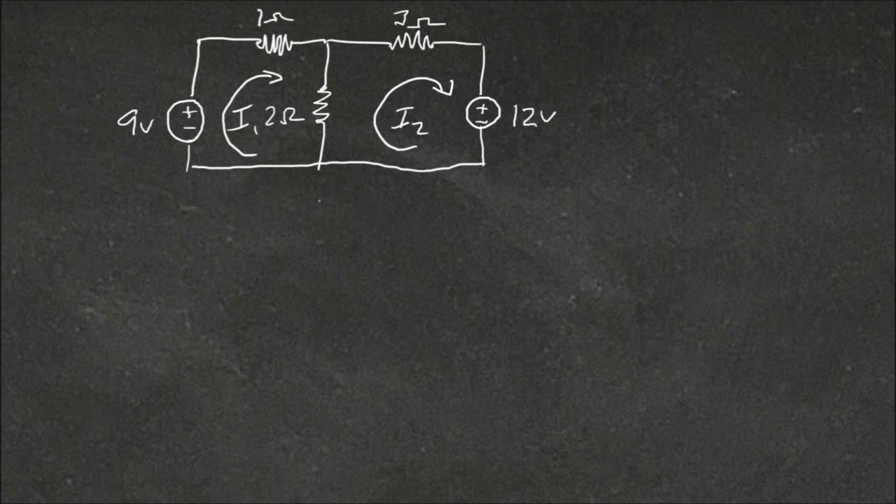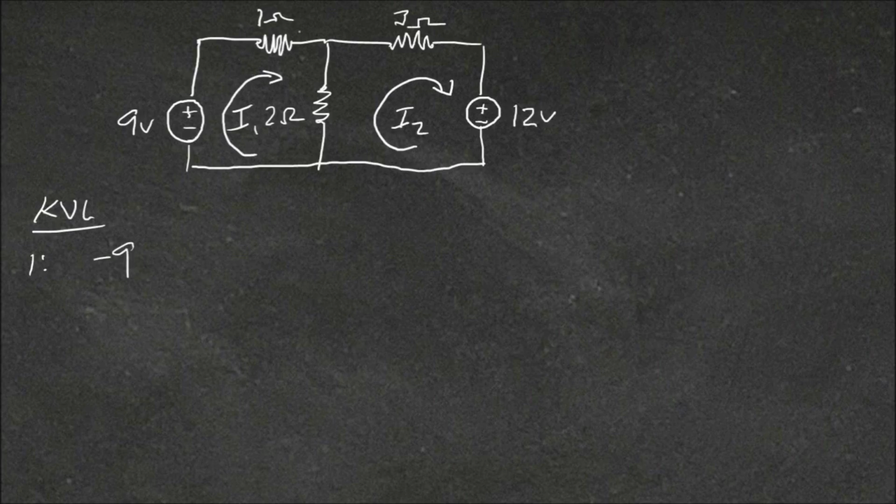So once we've done that, we need to apply KVL. And for our first loop, the current is going clockwise, so through the voltage source here, we'll be going from negative to positive. So that means we'll be talking about a negative voltage. For the next element, the 1 ohm resistor, we've defined the current to go clockwise, so what we're essentially saying is that the potential difference is going from positive to negative. And so in our equation we'd write 1 ohm times by the current, which is I1, so that's just V